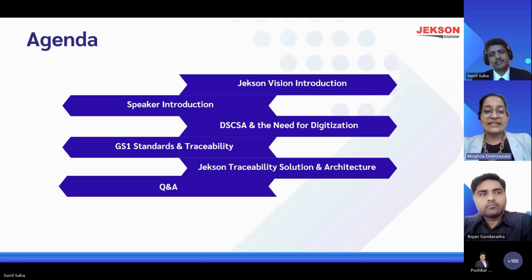At the heart of DSCSA compliance lies L4 solutions, which play a pivotal role in ensuring the security of the pharmaceutical supply chain. Leveraging L4 solutions enables stakeholders to meet stringent requirements mandated by DSCSA, thereby safeguarding the integrity of the drug supply chain. Throughout this webinar, we will explore the intricacies of DSCSA compliance and delve into the significance of L4 solutions in